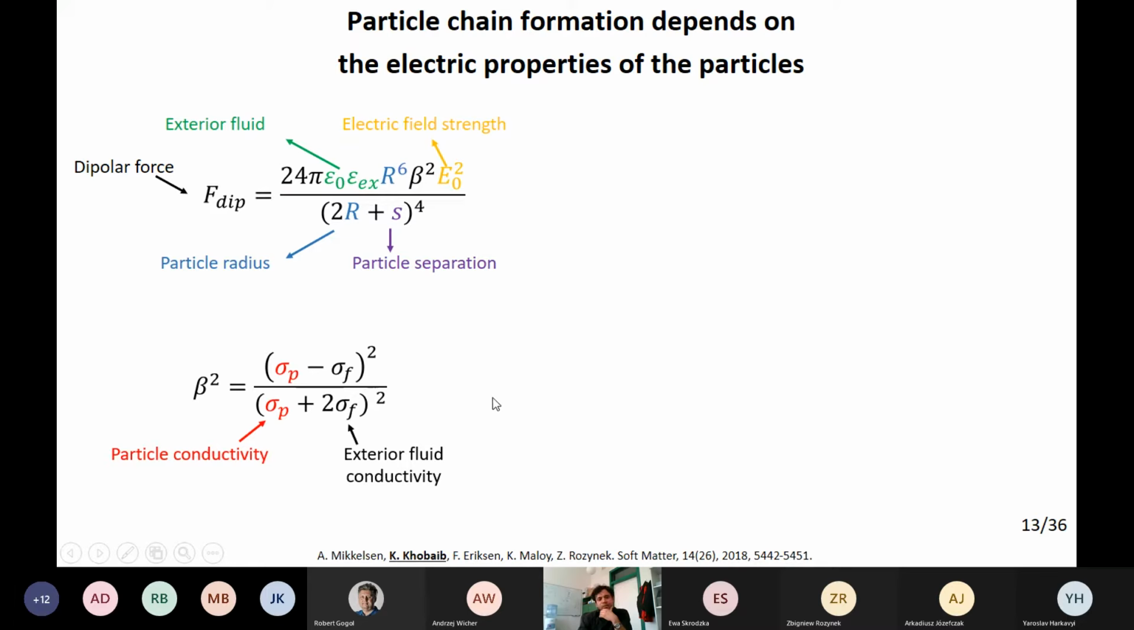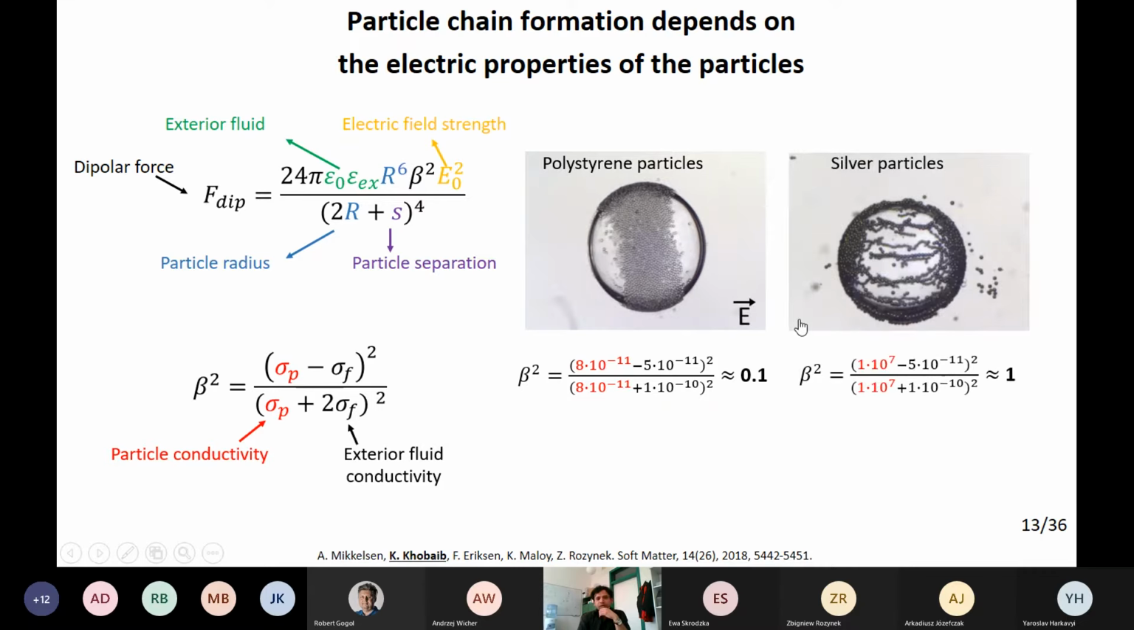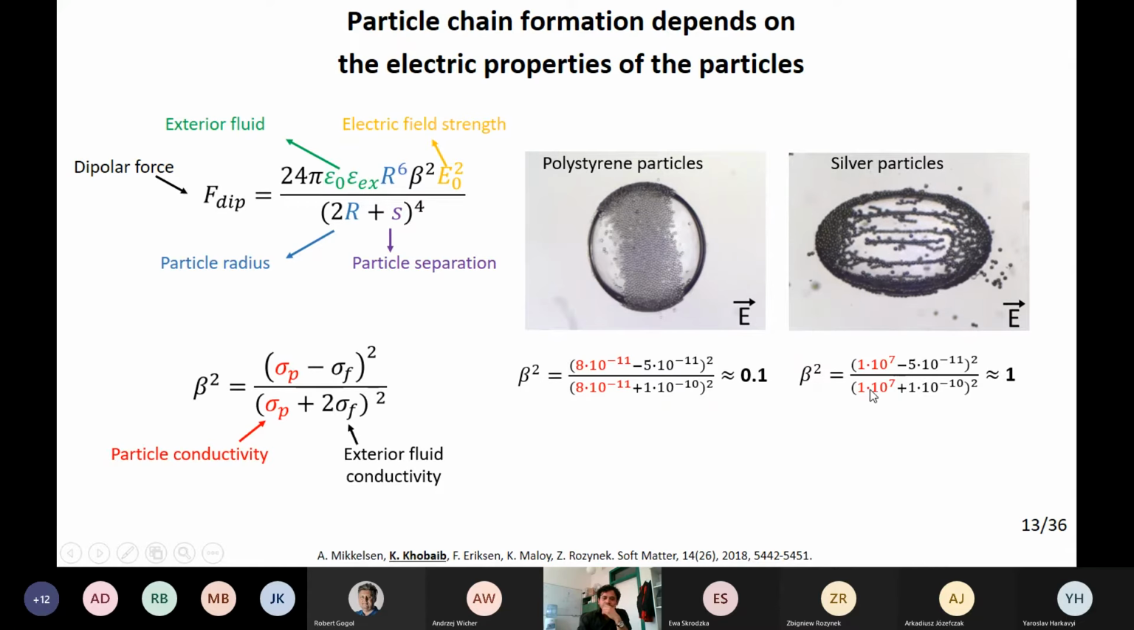Here I will present two examples. In the first, beta is 0.1. We use the polystyrene particles and we calculated beta, which is 0.1. When we apply the electric field, it forms a ribbon-like structure, so there is no dipolar interaction. In another example, we calculated beta to be around 1. Under the application of the electric field, they form dipolar chains from pole to pole, and it means that